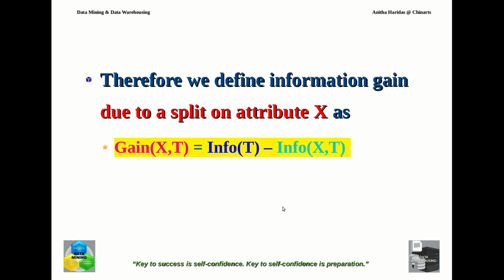If you have 3 non-class attributes like A, B and C available in the training set, you can calculate the gain of A comma T, gain of B comma T and gain of C comma T. And whichever attribute is giving you the highest information gain, that attribute can be selected as the best splitting attribute. Right?